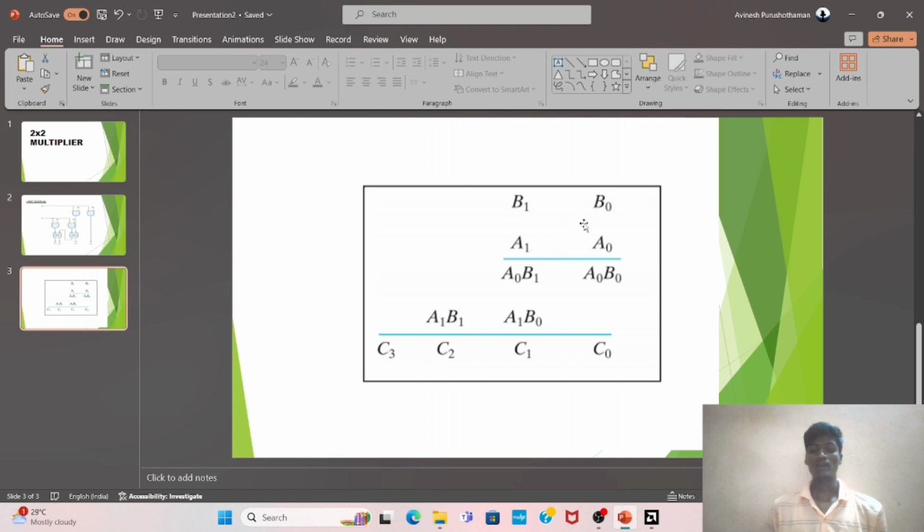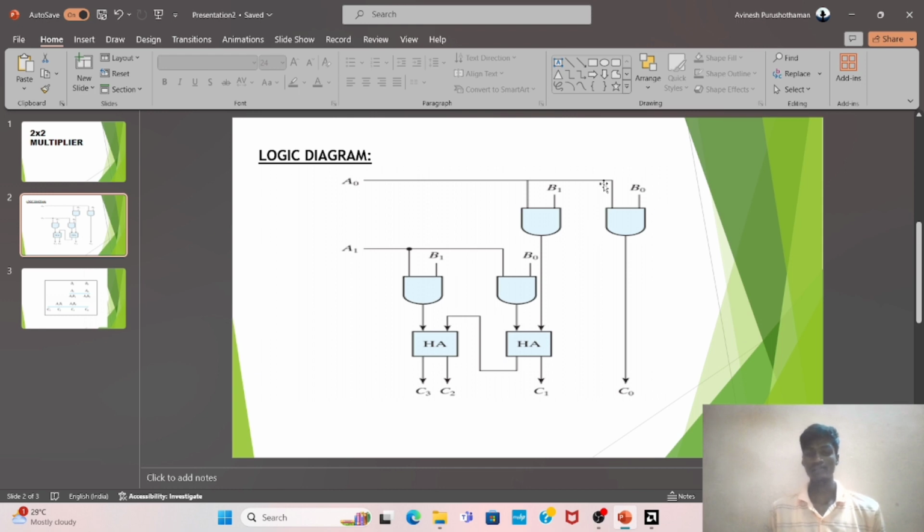And A1 is multiplied with B0 and A1 is multiplied with B1, just like a normal multiplication, where the multiplication represents the AND gate operation between the two bits, whereas the addition represents the XOR operation between the two values. That means A0, B0 takes the AND operation to produce C0, the first bit of the 4-bit value,